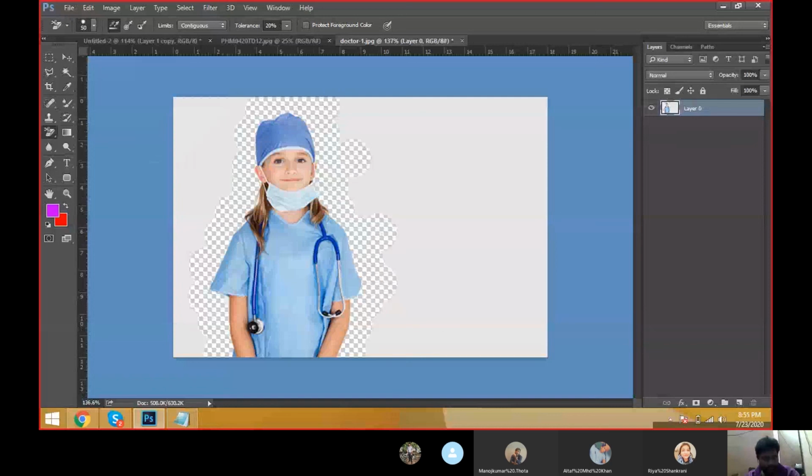Now this is the extra part only. You can take an eraser, increase the brush size and erase this empty area. But where the image part is, you have to work very carefully.